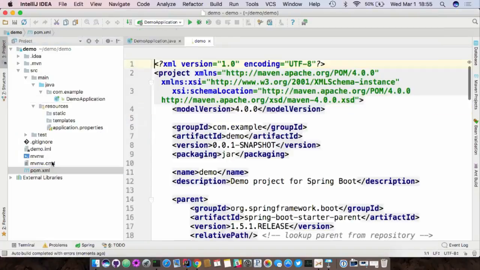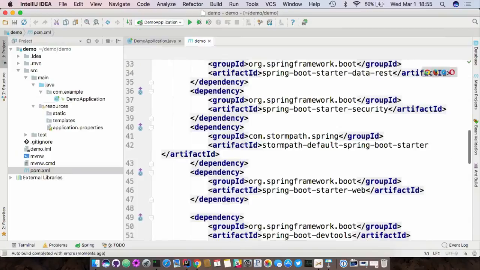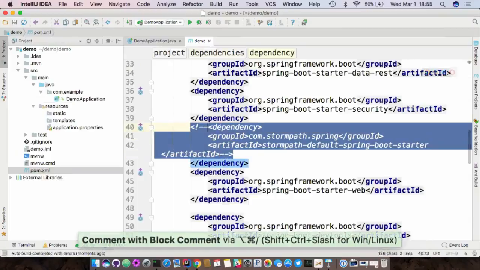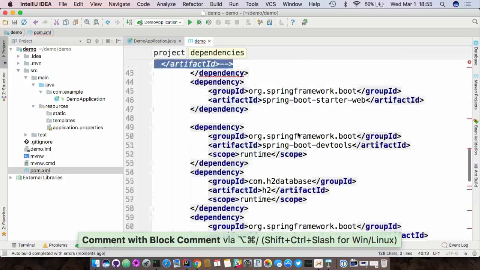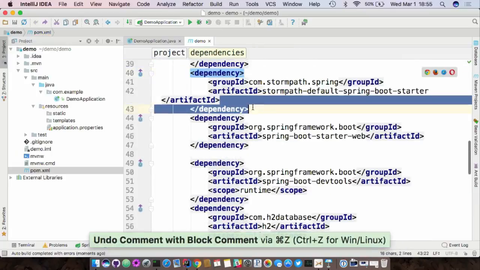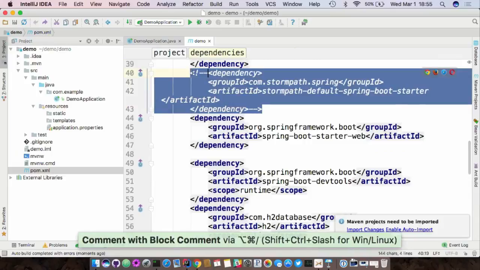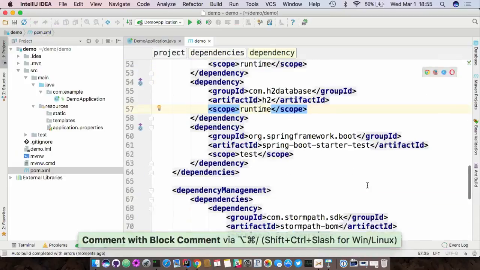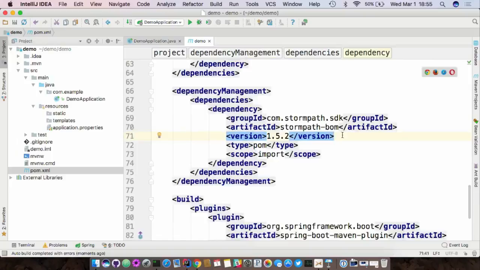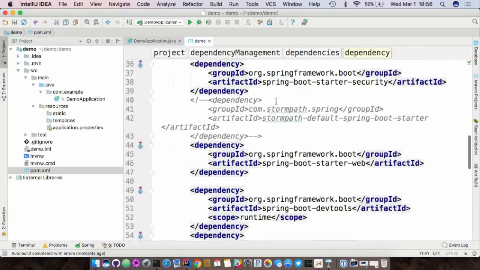Okay, and then in the pom.xml, the things that we specifically add for Stormpath are the Stormpath Default Spring Boot Starter, and this BOM down here, bill of materials, right? This is something that people have started doing with their Maven projects recently. And this is one of the things that we had to do to get on start.spring.io. So if you're developing a Spring Boot starter and you want to get on there, they're going to force you to have one of these that basically locks down all the versions of your dependencies. So we're just importing it here. It's not going to make a difference whether I comment that or not.